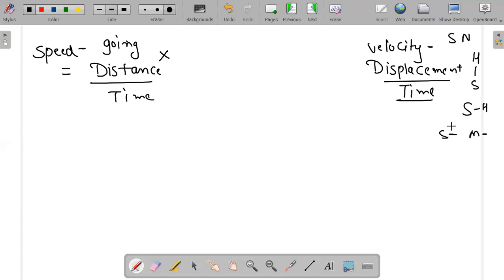So it is velocity. Okay, so the formula of speed is distance upon time, and the formula of velocity is displacement upon time. Displacement is a vector quantity. I told you what the meaning of vector is: it knows about direction. So velocity also knows about direction. The only difference between speed and velocity is that everything is the same, but speed doesn't know about direction and velocity knows about direction.